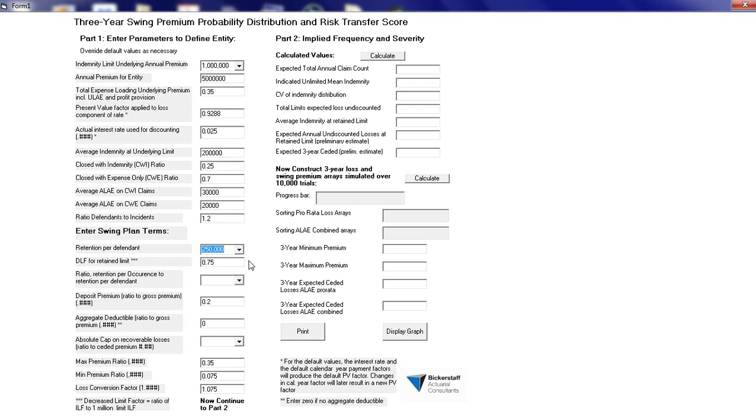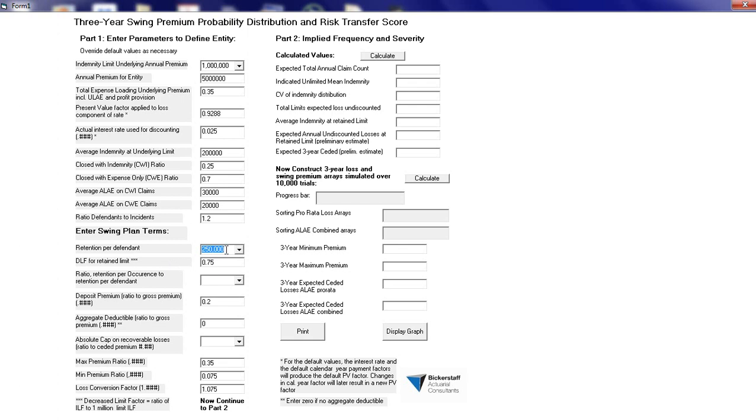Most rate studies, well, maybe all of them, will include an increased limit factor table. And typically they start with the base limit of 100,000/300,000 as a factor of 1.0. And all of the higher limits will be some factor above 1.0 all the way up to the million, in some cases, up to 2 million, 5 million. So what we want to do here is to translate that increased limit factor as a decreased limit factor representing